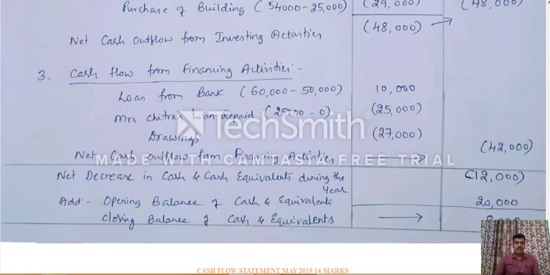And the last part of the cash flow statement is cash flow from financing activities. So here we have to record the transactions related to non-current liabilities of the company. See here we have got loan from bank. First year 60,000, second year 50,000, that is 10,000 decrease. Wait, this one has increased. First year 50,000, second year 60,000. So it is increased by 10,000 rupees. So that increase should be treated as inflow of cash for the company. So we treat it as 10,000.